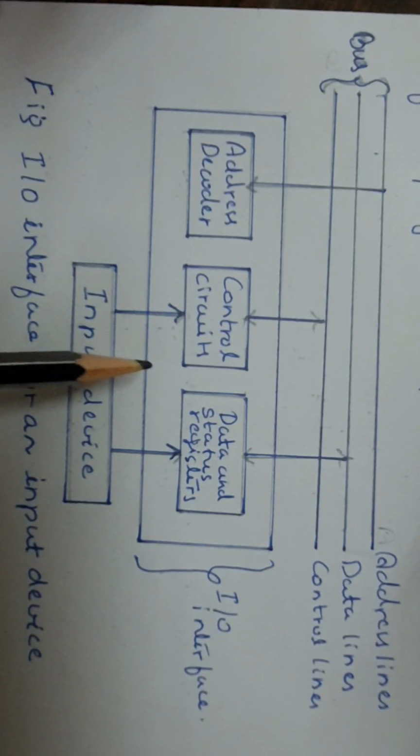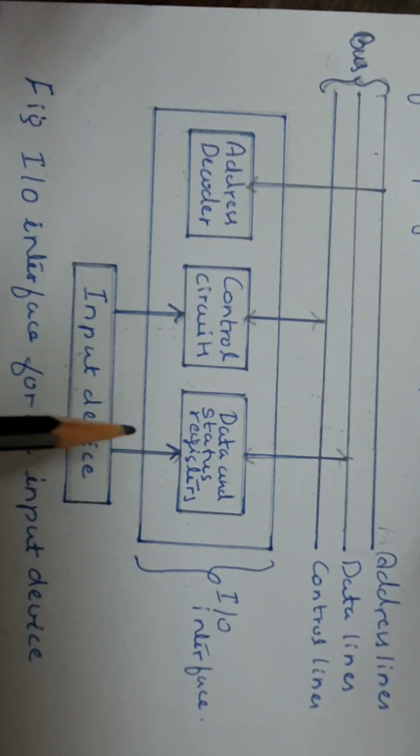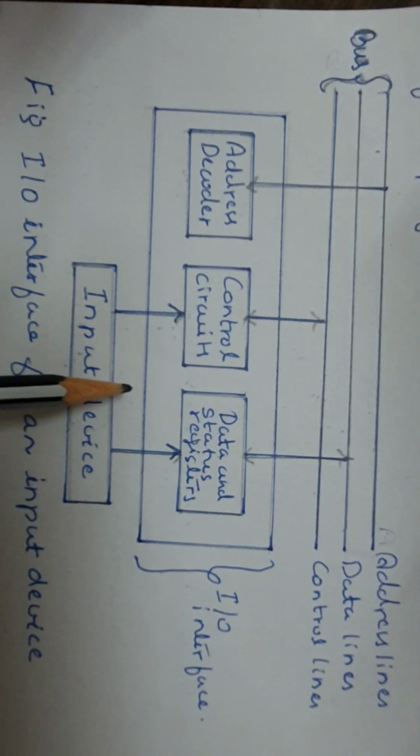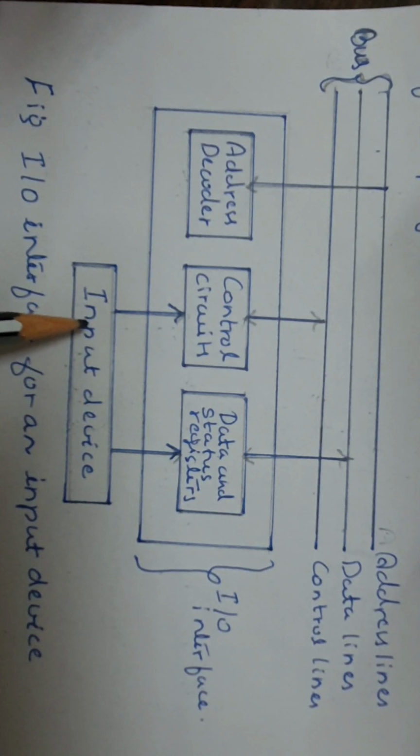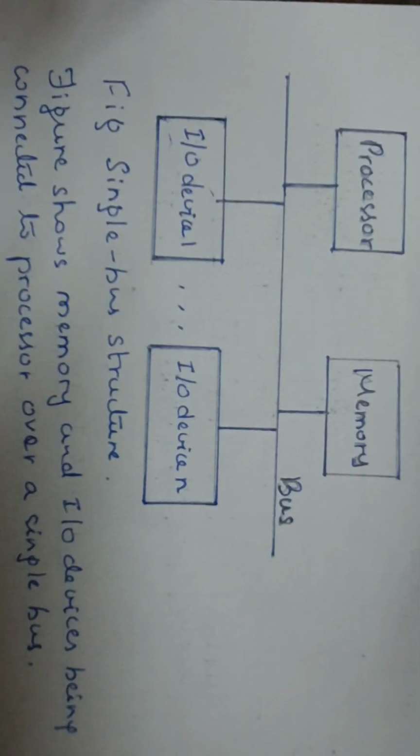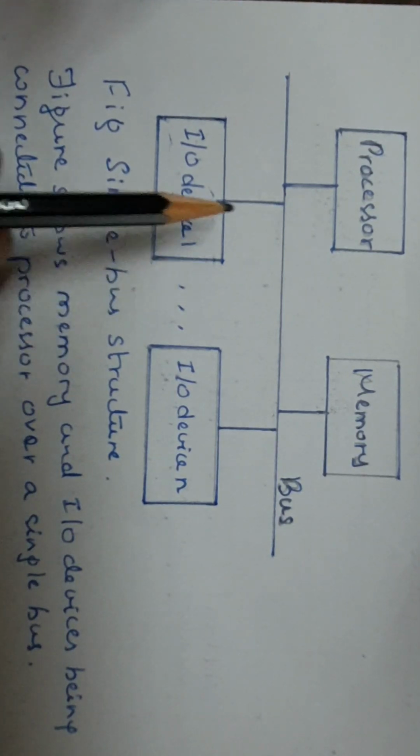This is the diagram that we should know for this answer, but it belongs to the second part of the question, that is IO interface for an input device. The first part deals with memory mapped IO. So first we shall answer what is memory mapped IO, then we shall come to IO interface for an input device. This diagram shows the single bus structure, meaning how the different